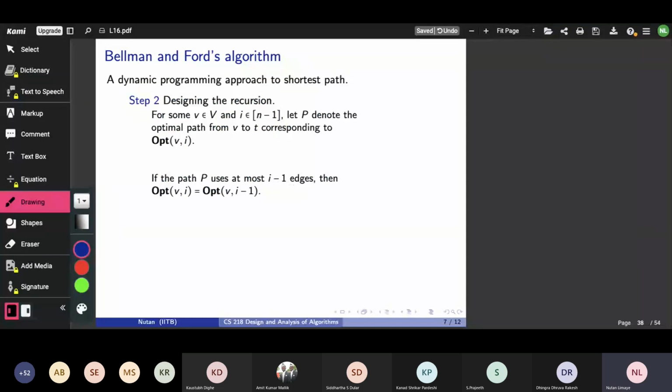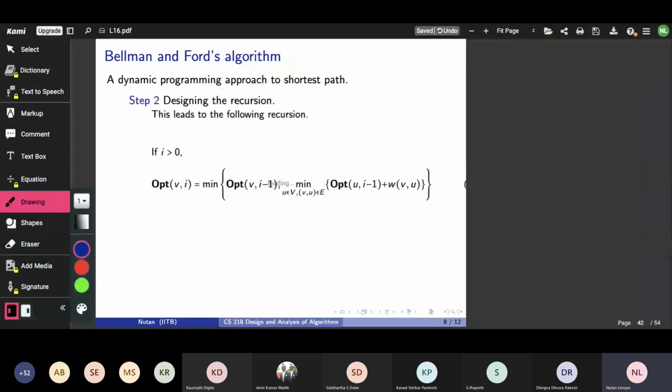So now the overall recursion is this. And actually, I want to call this recursion star. I keep referring to it later, but it has gone outside the scope of this slide. So let me just draw it here. So this is what we get as a recursion. What is this recursion? Let's just stare at it. As I said, either the path was never of full length i. It was anyway of length i minus 1. So in that case, this part of the recursion will kick in.